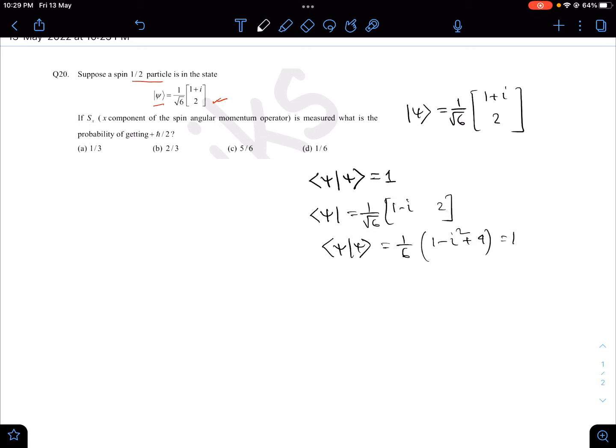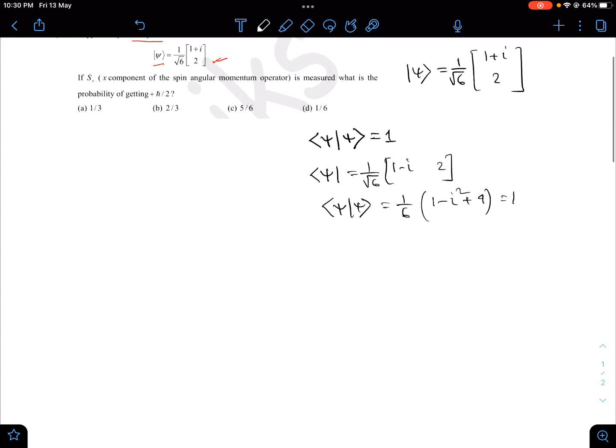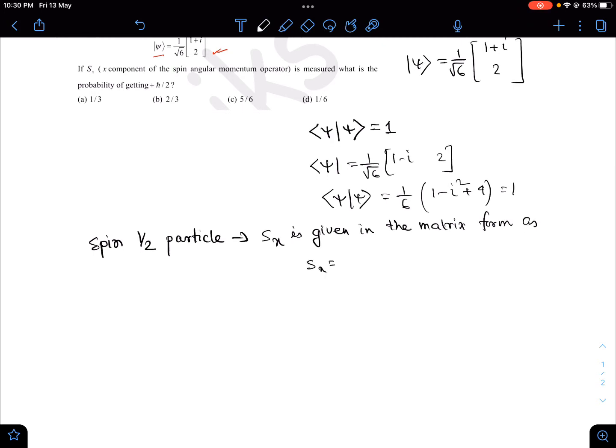It is already normalized. So now we know that for a spin half particle, Sx is given in the matrix form as h cut by 2 times the matrix (0 1; 1 0). So it is in the S square and Sz basis. So we have the matrix